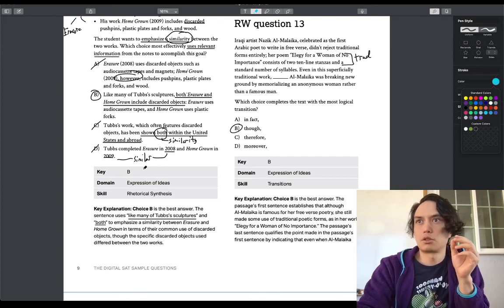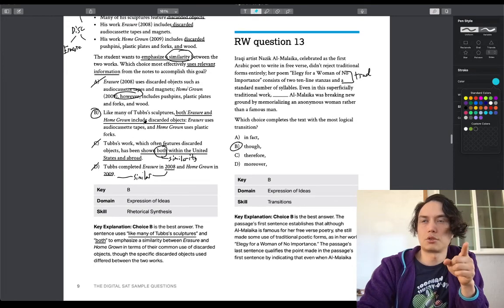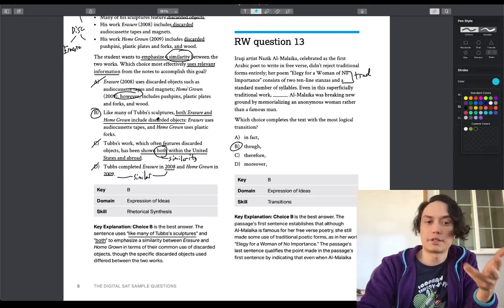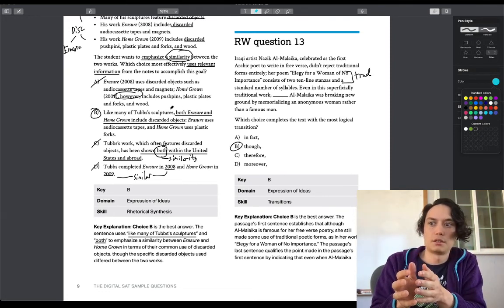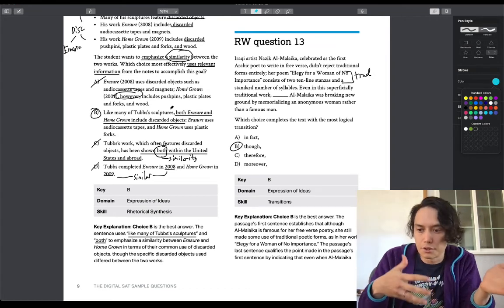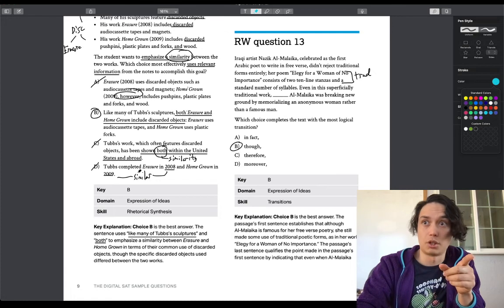Right. So in this question, this answer choice is right because it's emphasizing the similarity. It's really calling attention to, hey, both of these things include discarded objects. That's how this form of the sentence emphasizes the similarity. And D is wrong